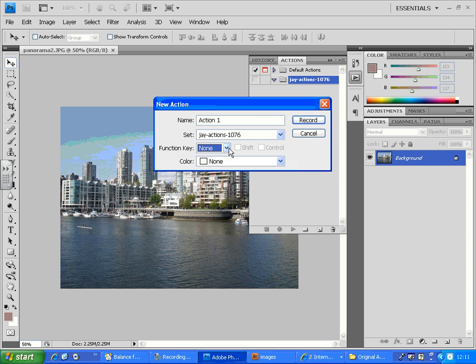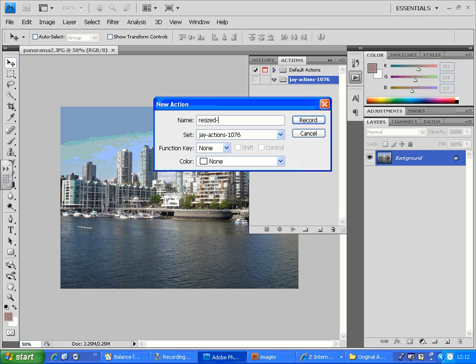If you give any other shortcut for your actions, it's going to conflict with so many shortcuts you have in Photoshop. So I also avoid giving shortcut keys. I generally only give a name and make sure it goes in a specific action set. So let's say the set is there, which is identified correctly. The action name, I'm going to write it as